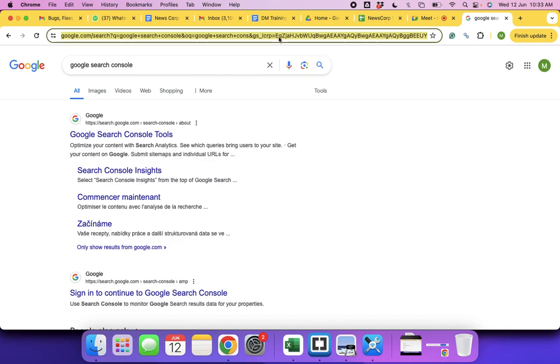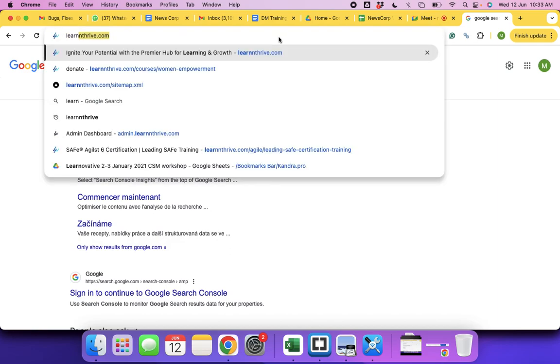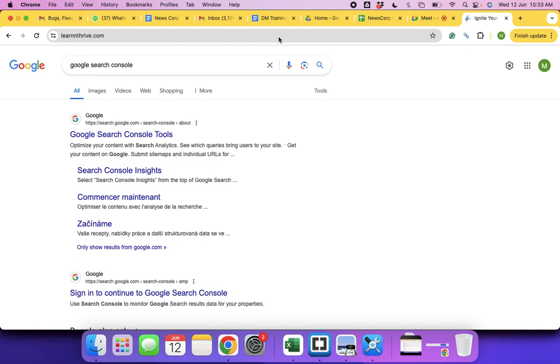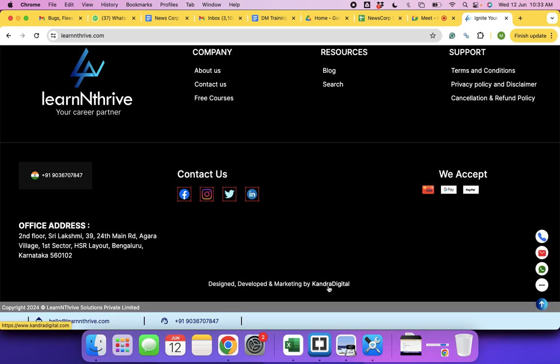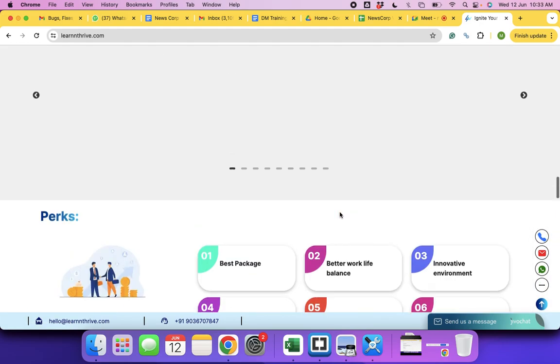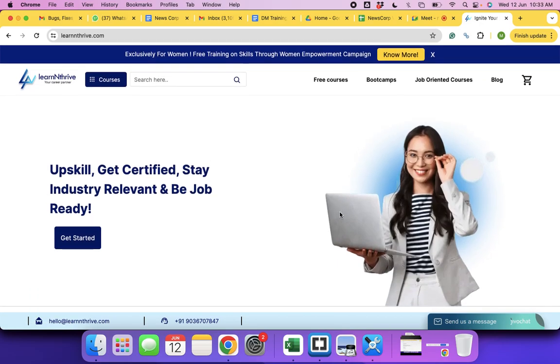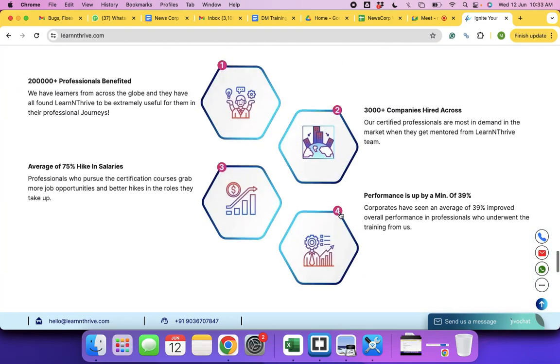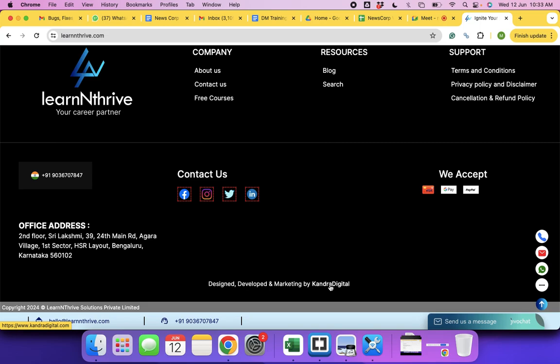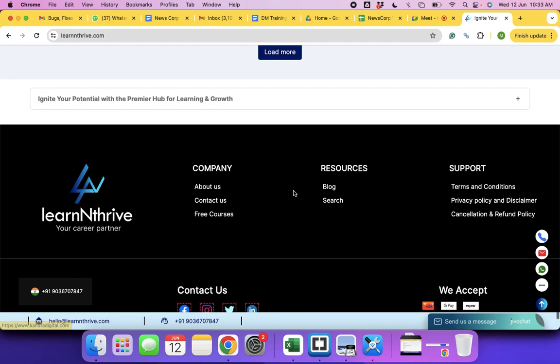What are these backlinks? I'll show it to you. Look at this. So this website is developed by Kandra Digital. Okay. And now here we have dropped our link. Not only here, you can drop your website link anywhere on this page if you have access to this website. Or if this website is owned by your friend, you can ask them, can you please add a link of my website on your website? See, now look at this left bottom. Do you all see that? It's pointing to